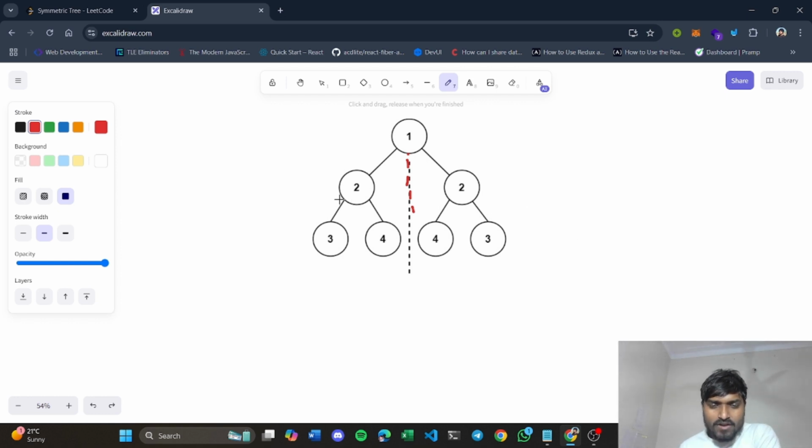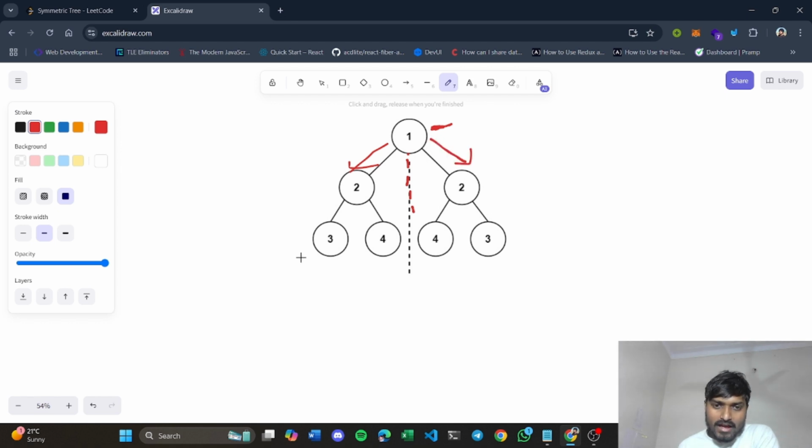Let's say you are initially at the root node. First of all, you will call your solution for both sides simultaneously, that is, you will call for checking root's left and root's right at the same time.